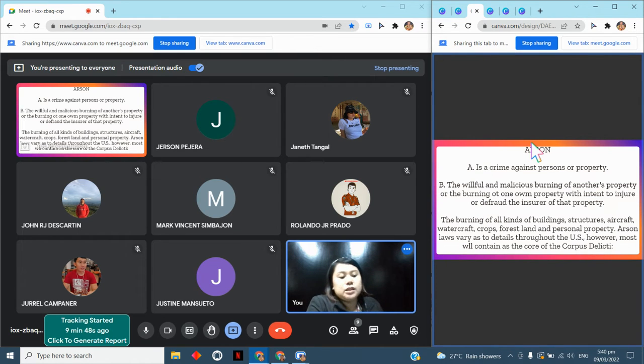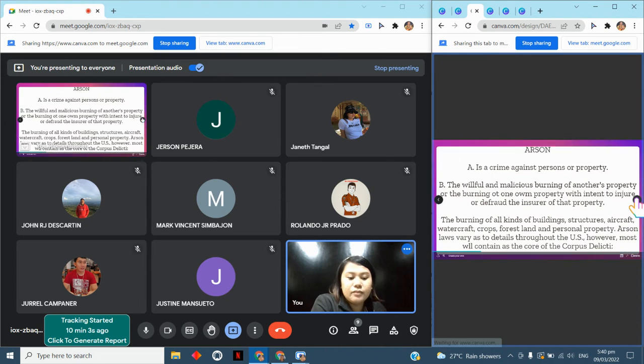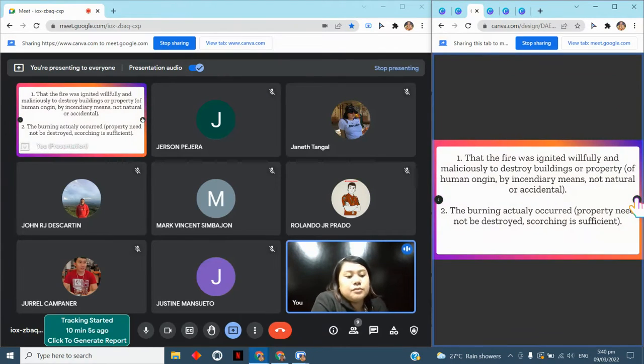Also, we need to determine the corpus delicti or the body of the crime. So, all the evidence, same as when we investigate crimes, is also the same for arson. Alright? So, we have here the first one: it must be willfully or maliciously that we destroy a building or